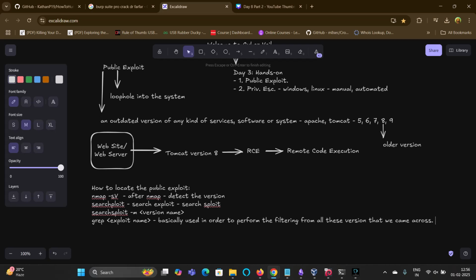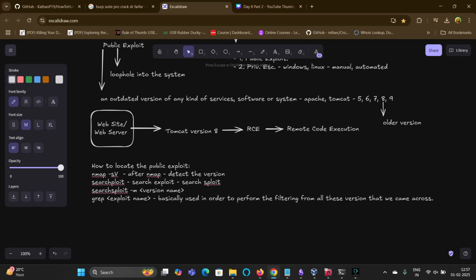And yes, guys, one more thing. I am searching for a good privilege escalation room or challenge, and I'll be creating one more new video sooner or later for this particular session of privilege escalation, so that I can show you the hands-on as well. For the privilege escalation and the way to exploit things, I'm going to come up with either a TryHackMe challenge or an HTB challenge, whichever I find suitable for you guys to understand privilege escalation and public exploitation.